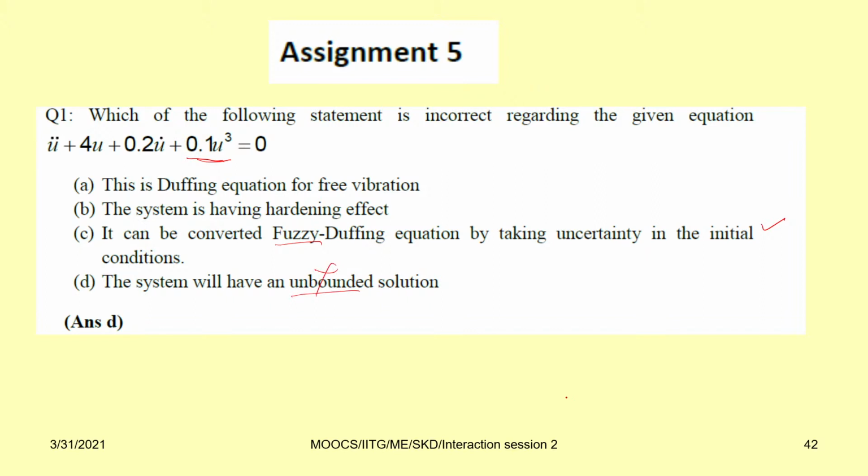In case of a Duffing equation with hardening effect, we have already plotted the response curve, and the response plot will be similar to this. This is your A versus sigma, or omega, that is the frequency, so this is the frequency response plot. Generally you can have a pitchfork type of bifurcation here, a supercritical pitchfork bifurcation here, a subcritical pitchfork bifurcation here, and a saddle node bifurcation at this point. Next.